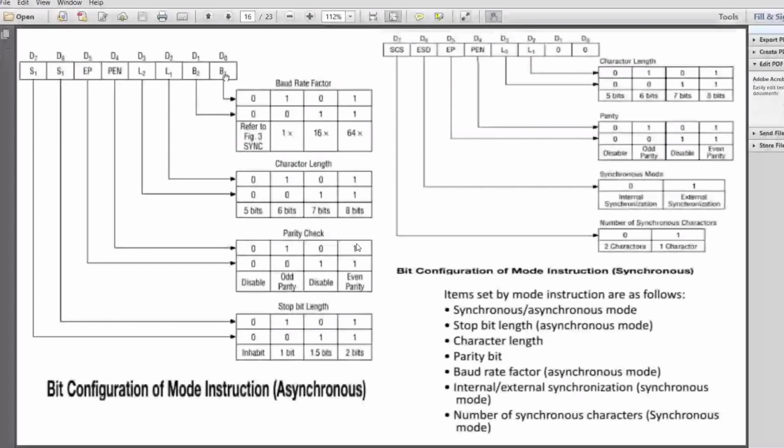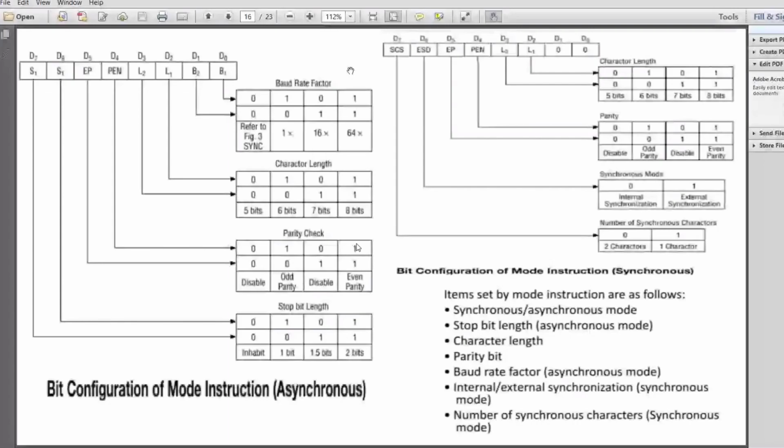So 01 means the same clock rate. If it is 1 and 0, it is 16 times the clock frequency. If B2 B1 is 11, it is 64. The baud rate factor is 64. So the clock frequency divided by this baud factor will give you the baud rate.